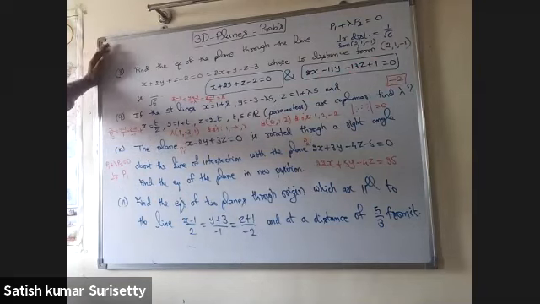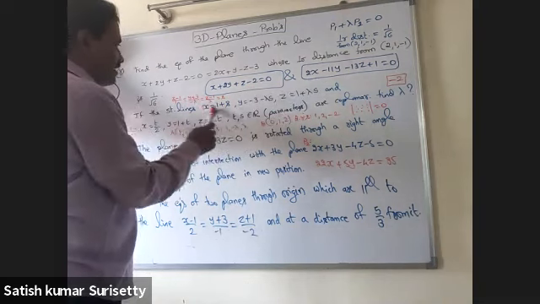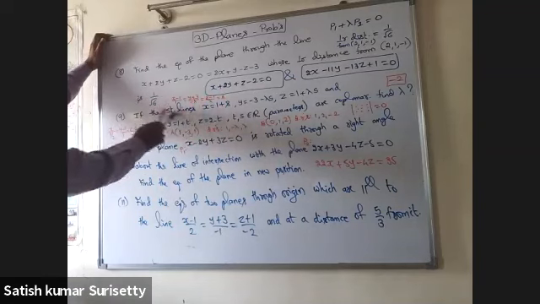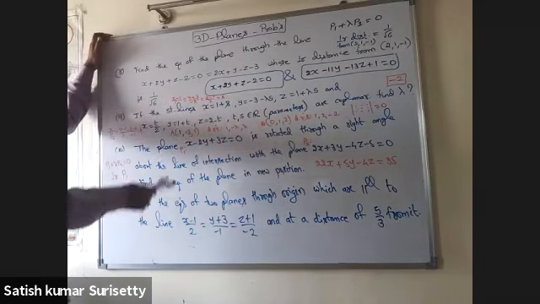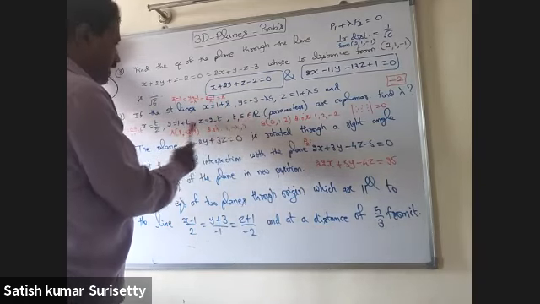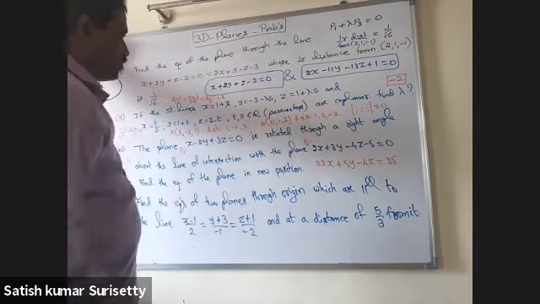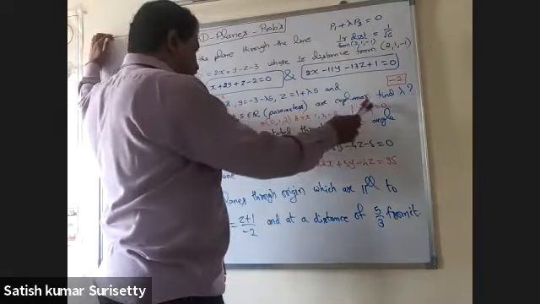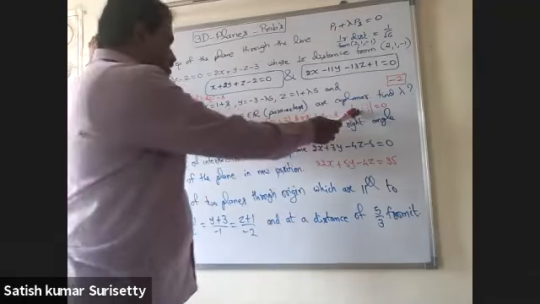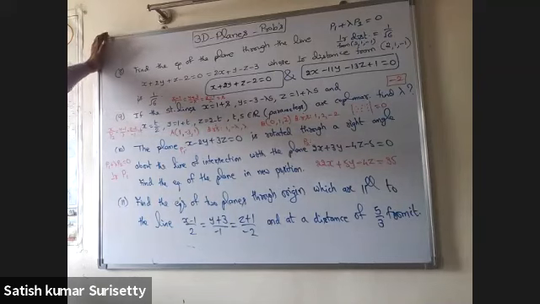In the 9th problem, if these straight lines are coplanar, identify the specific point on each line as well as the direction ratios of the line by converting into the symmetric form. So the specific point on line 1 is (1, minus 3, 1). Direction ratios are 1, minus lambda, lambda. On line 2, the point is (0, 1, 2), and direction ratios are 1, 2, minus 2. Now, once they are coplanar, the determinant, whose first row corresponds to AB bar, second row to the direction ratios of the first line, third row to the direction ratios of the second line, equals 0. Then you will get the value of lambda.